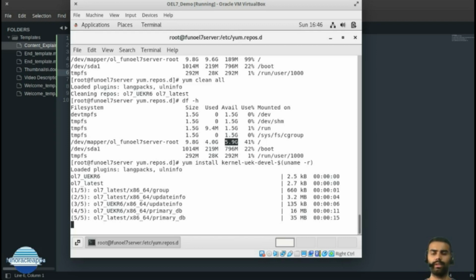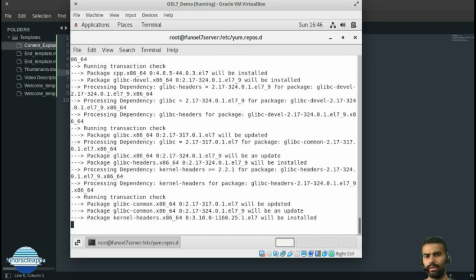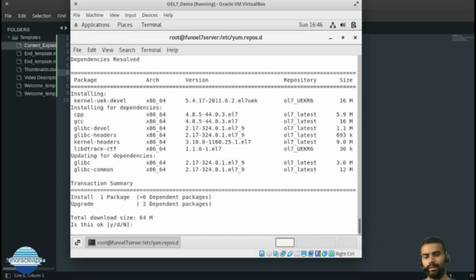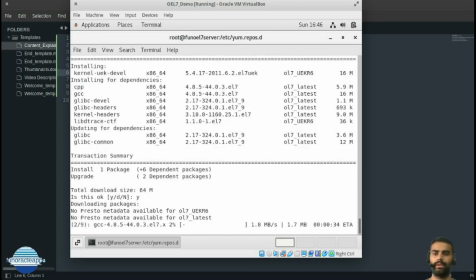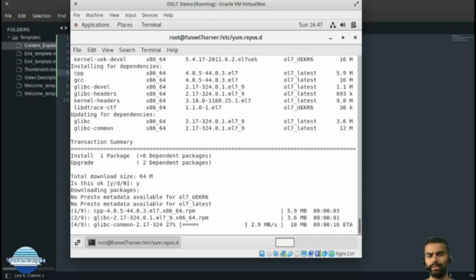So it will be completed soon. Just a second. It will ask me to press Y if I want to go ahead and install, so I'll press Y. It will do the installation, and a total of 9 packages would be affected.